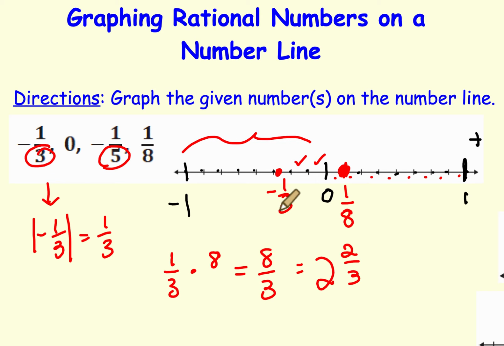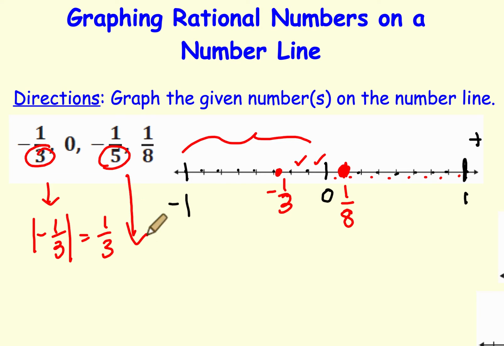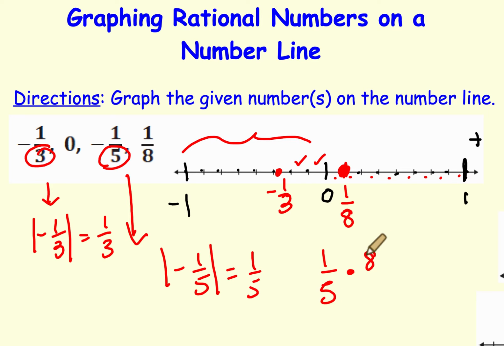So to do negative 1/5, I would do the same thing. So the absolute value of negative 1/5 is 1/5. So I need to be 1/5 the distance. And since my segment's divided up into eighths, I'm going to do 1/5 times 8, which is 8 over 5,